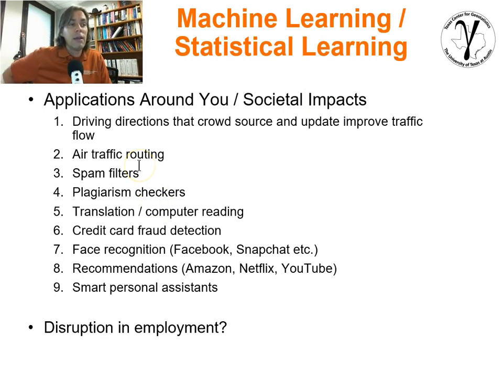Air traffic routing to optimize for all the types of constraints as far as flow and fuel usage and all that. Spam filters, thank you very much. Plagiarism checkers, I guess thank you too, being a professor. And translation, computer reading, that's getting really good. Credit card fraud detection. You'll find that if you go purchase jewelry and then immediately buy gas, you might find out that your credit card will be stopped, because it turns out that's a pattern that indicates your card may have been stolen. Face recognition and so more.